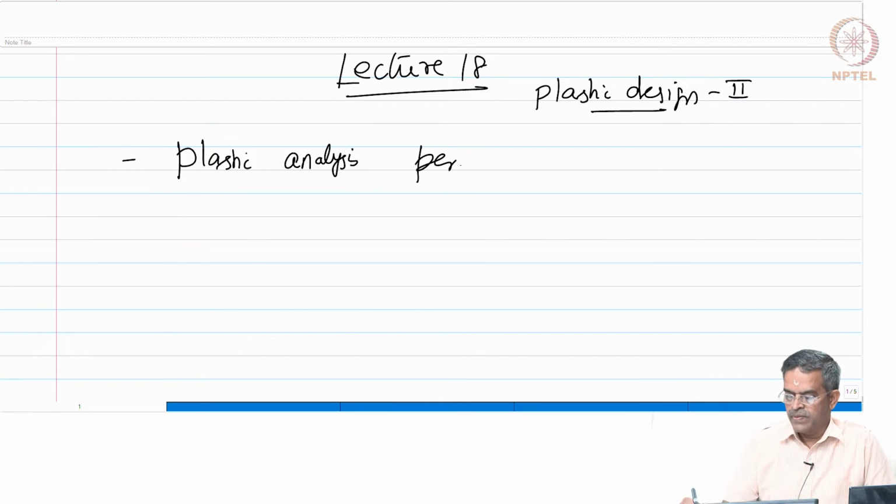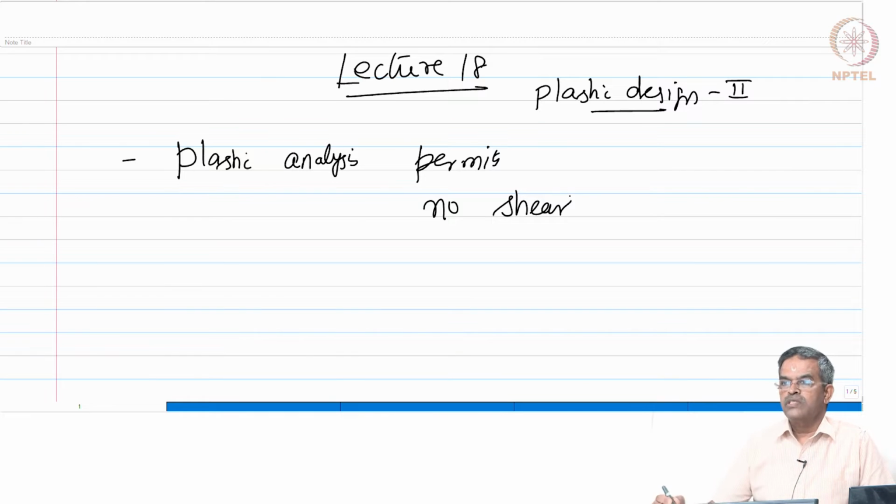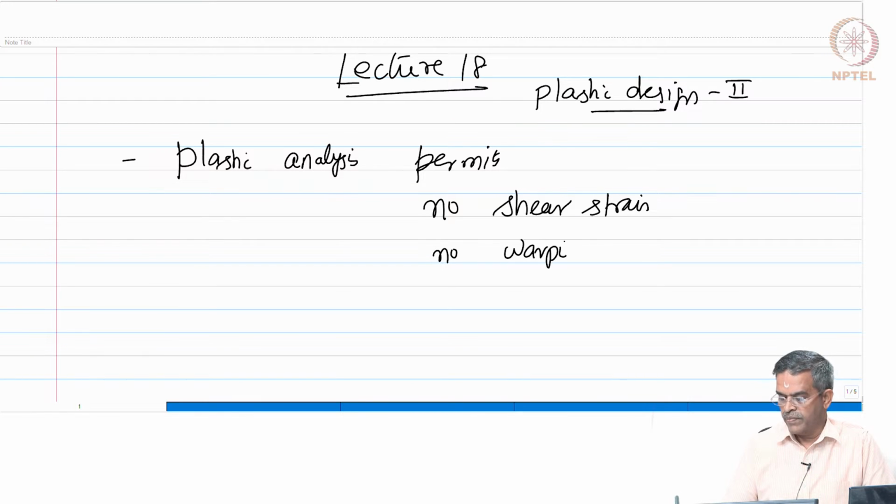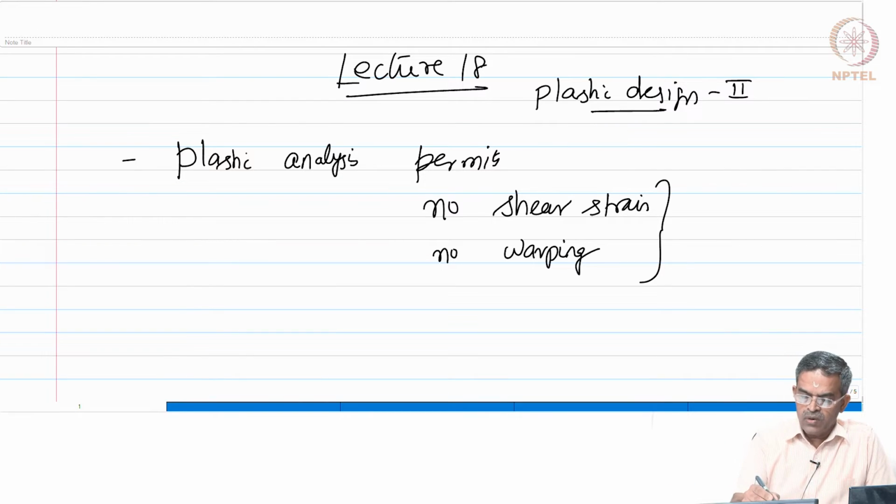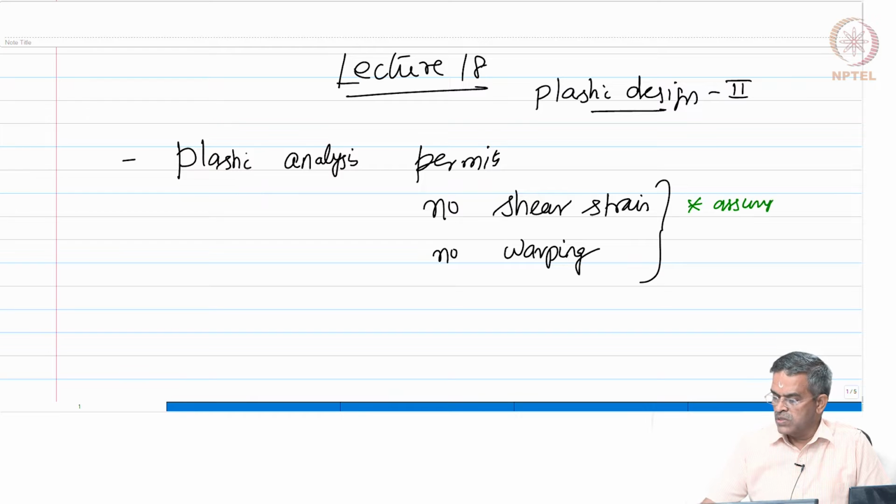It permits no shear strain and no warping. Why? Because there is a very strong assumption we deal with, which controls this. The very strong assumption is